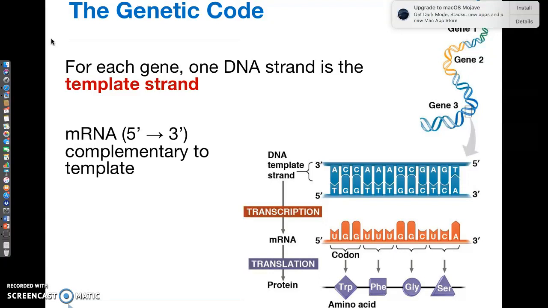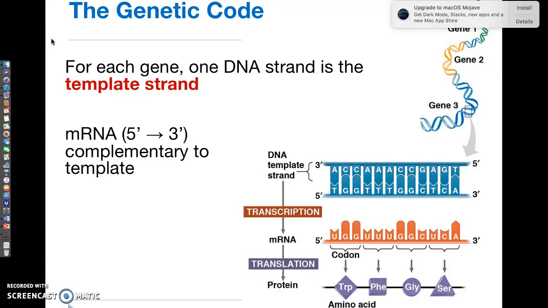And mRNA is assembled from the 5' to the 3' end, and it's going to be complementary to the original DNA template. So if you look at the picture on the right, you can see the DNA template strand. What is being read is the 3' to 5' turquoise color DNA half at the top with the code